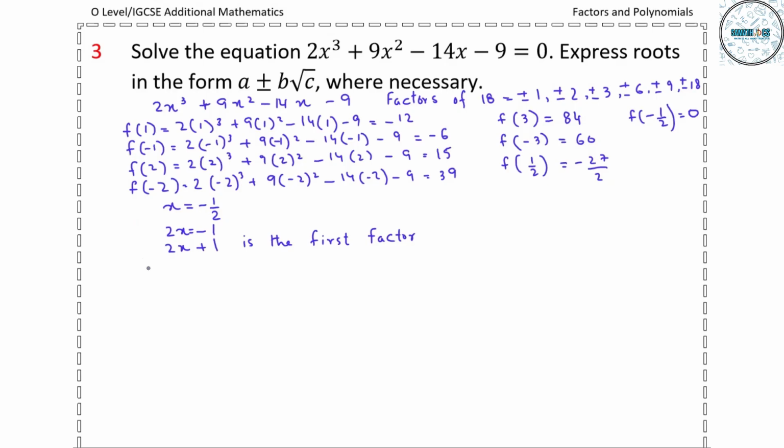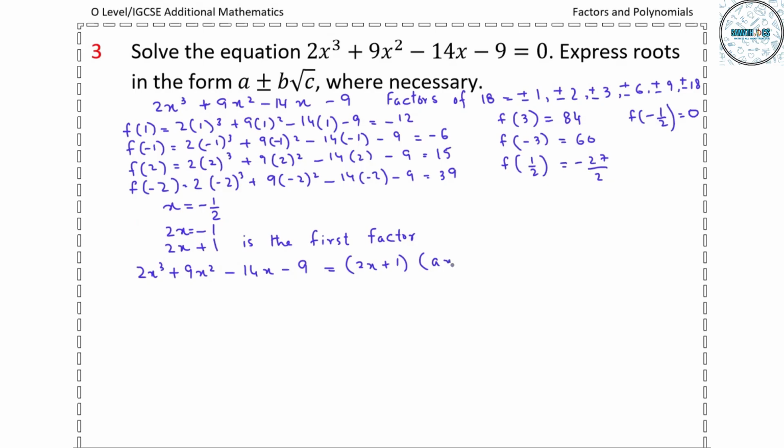Now we can write this 2x cubed plus 9x squared minus 14x minus 9 as 2x plus 1